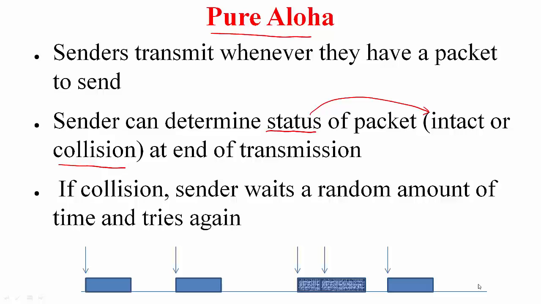So how do you detect whether a packet was intact or it suffered a collision? Typically on a wire, what the sender does is, when it is sending the packet, it also taps into the wire to figure out what is being sent on the wire. So it receives what is being sent and then does a comparison between the two. If they match, that means things are fine. But if they don't match, because the signal is getting garbled on the wire because of another transmission, it will conclude that there is a collision.